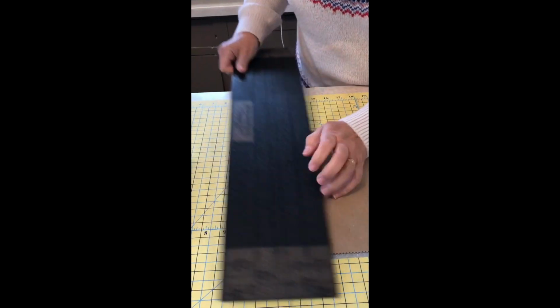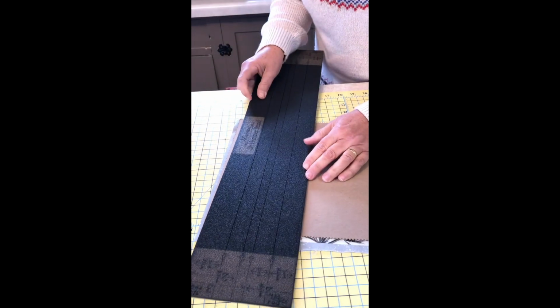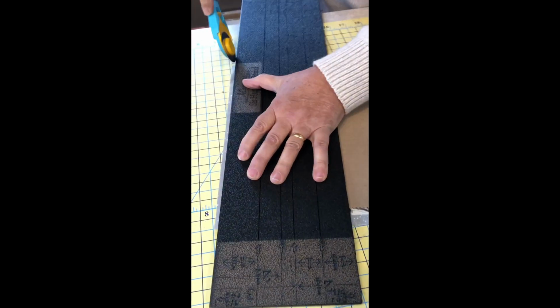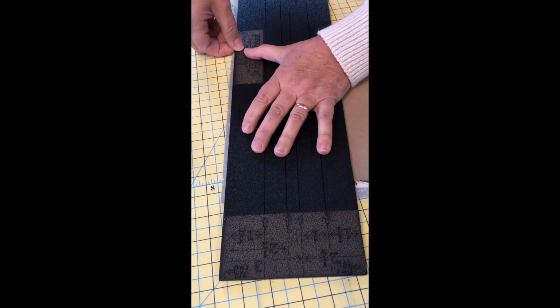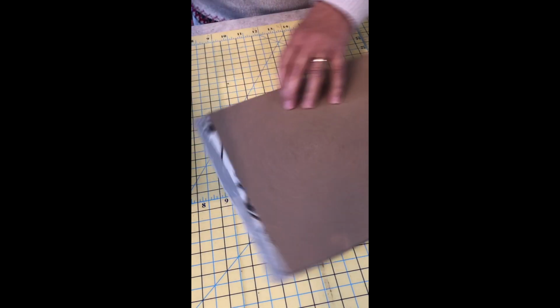Cut it. Turn it again. You could do this with any piece of paper. Cut a piece of paper to 10 by 10. Lay it on your image, and then cut around it with your ruler. This is a really good idea, like I said, to use up some of